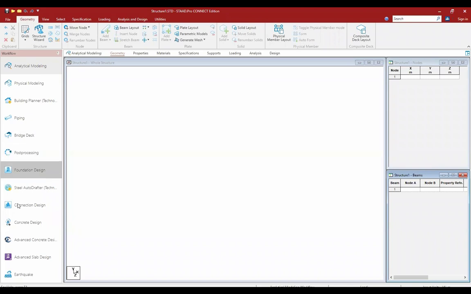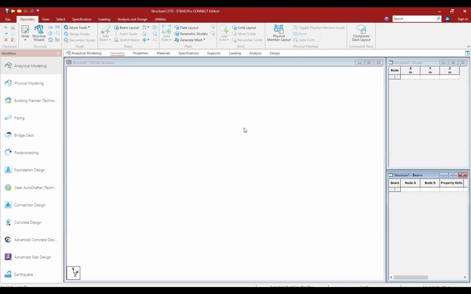Here, this is what we call the workflow panel, where we have different types available. Here in this line, whatever you are seeing as geometry, properties, material specifications, we call it the workflow page control. So basically whatever we are doing in the main window can be accessed from this panel. So we call it a workflow panel.